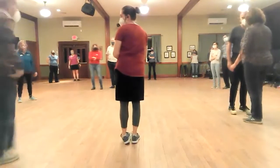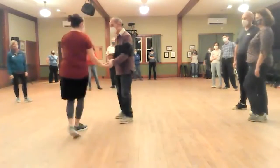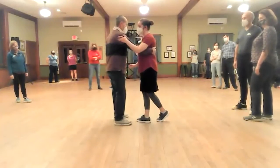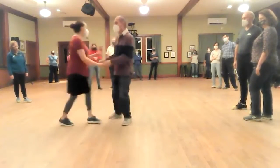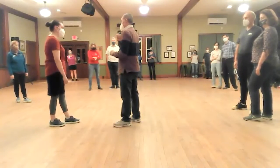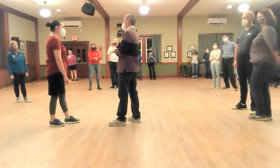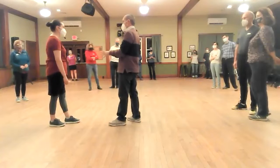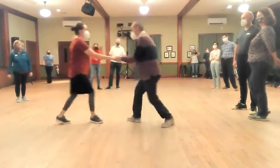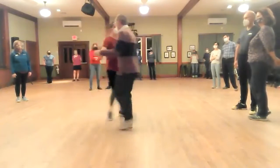I have noticed more than one leader not just focusing on getting there on 4, getting right in front on 4, and then letting everything else happen after. It's super important. It sets up the whole rest of the move. Every time you do a swing out or a circle, you have to get to that 4 before you do anything else. It seems like there's a few people that get the first one okay. They're like, okay, we got this. Oh, that's pretty good. And then it's sort of...